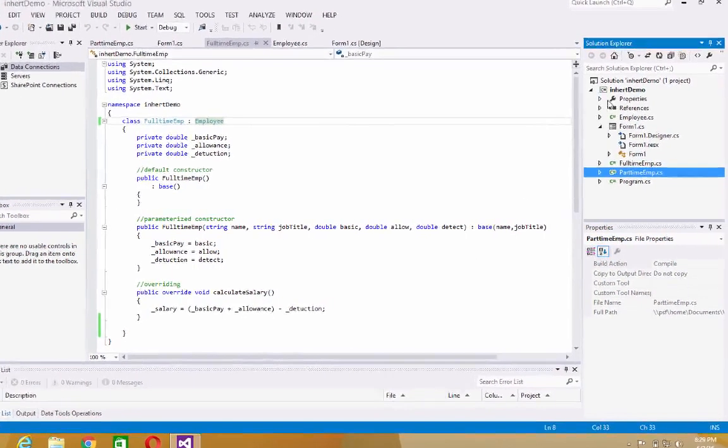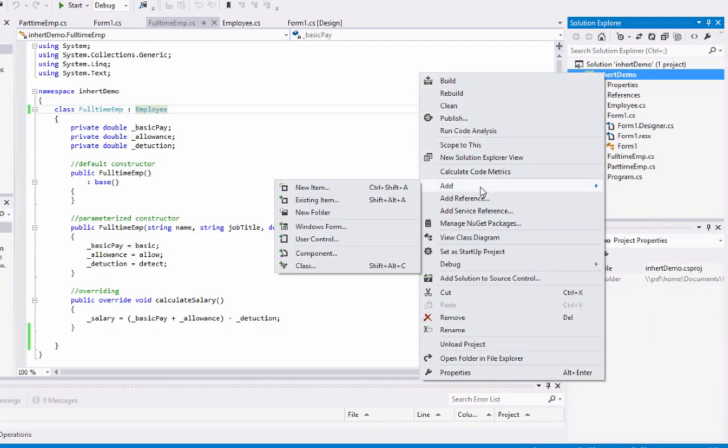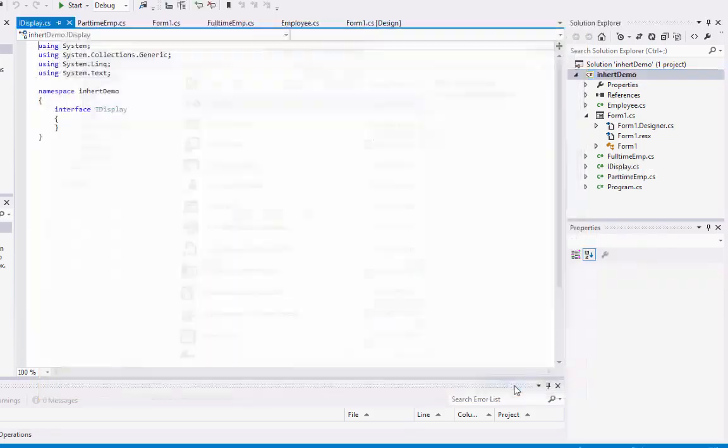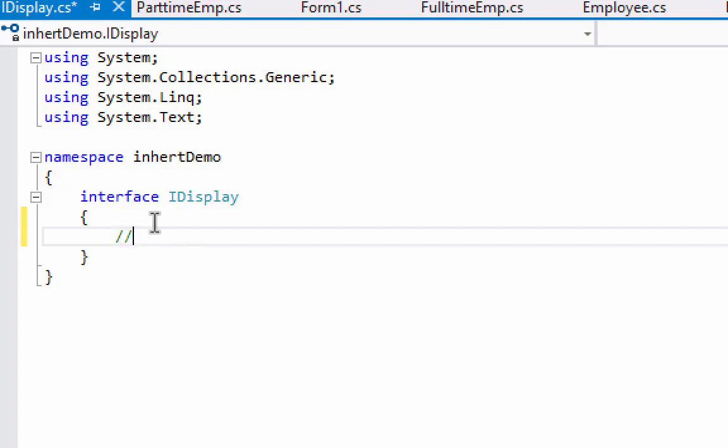So how to create an interface? Right click on the project, select add new item, and I'm going to create an interface and we'll call this interface IDisplay, and let's add the interface. So if you notice, instead of the class it has interface, and this is the name of the interface, and I'm going to have a method,